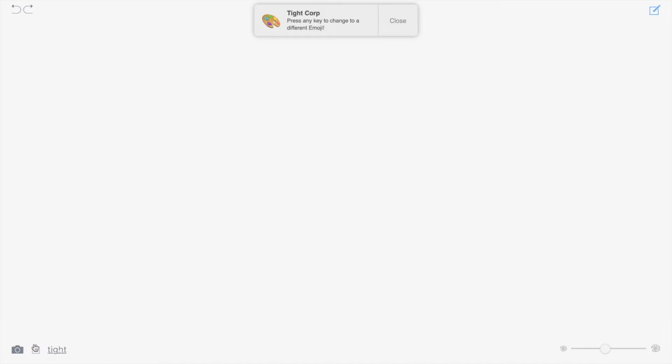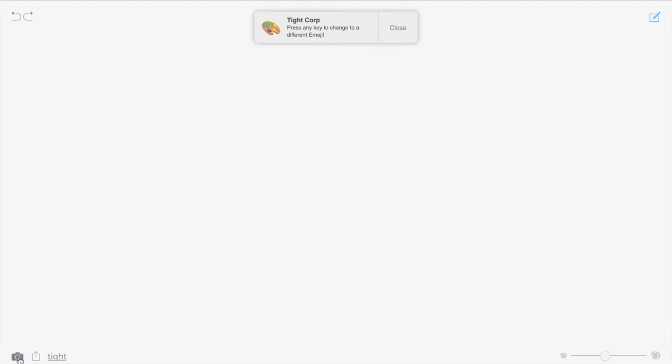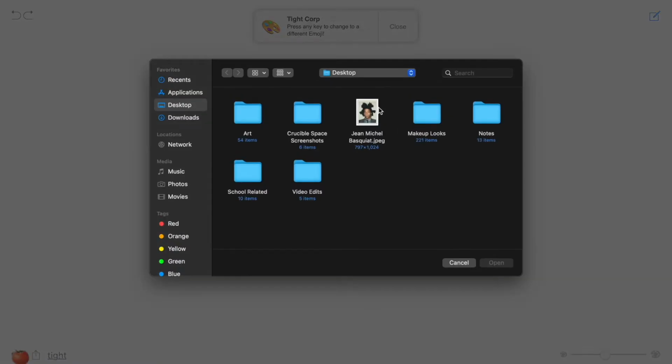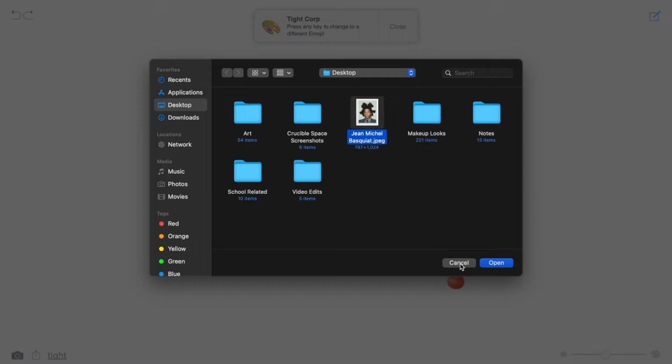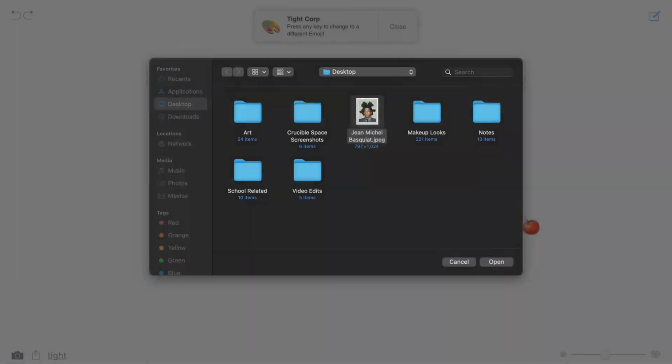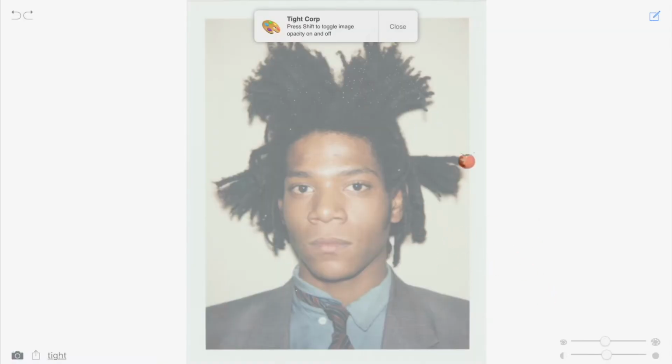I'll grab a tomato. So to do what we want to do in this case, you're going to go down to this camera in the bottom left corner. At this point, you should have already found your reference photo and saved it onto your laptop, okay? So I've already found my reference photo, and it's on my laptop, and I knew where I saved it. I saved it to my desktop, and I named it Jean-Michel Basquiat. So find your reference photo, save it on your laptop, and then you'll be able to open it in Emoji.Ink by clicking on this camera in the bottom left corner. So I'm going to click on that, click open,